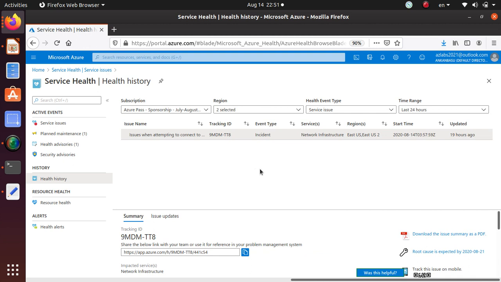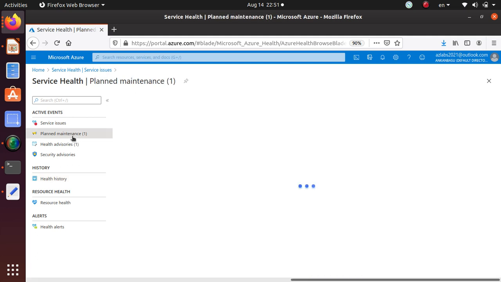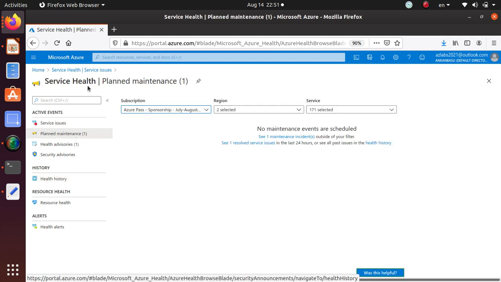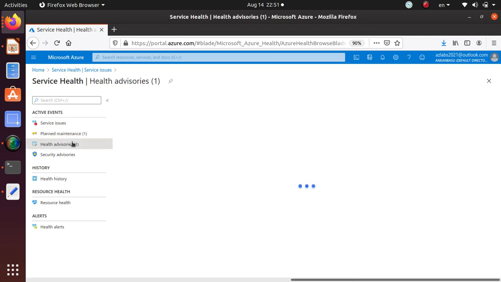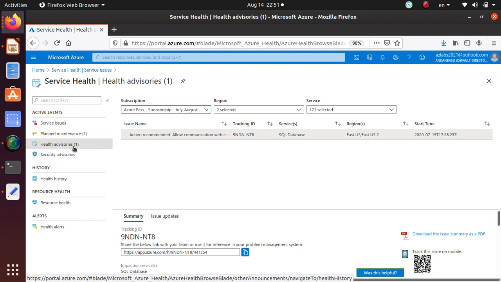So I'm using Azure for maybe say 6 to 8 months, almost on a daily basis, probably a little bit longer than that. I have never seen anything like that. This is probably the first time I'm seeing it. Planned maintenance is going to come up from time to time, but most of the time planned maintenance would not impact any of the services. And if you are building your infrastructure intelligently, you can avoid any planned maintenance, any downtime, any service degradation and stuff like that. You can also look at the health advisories.